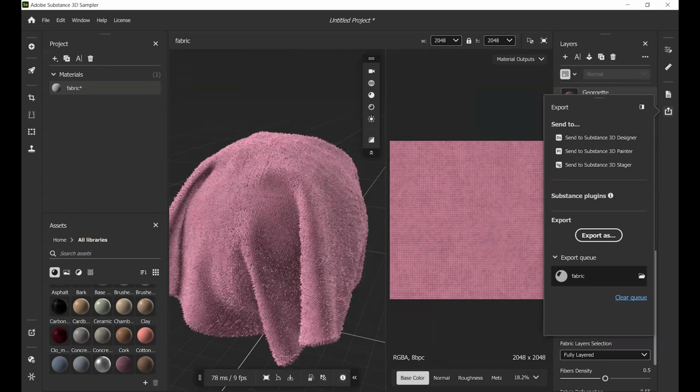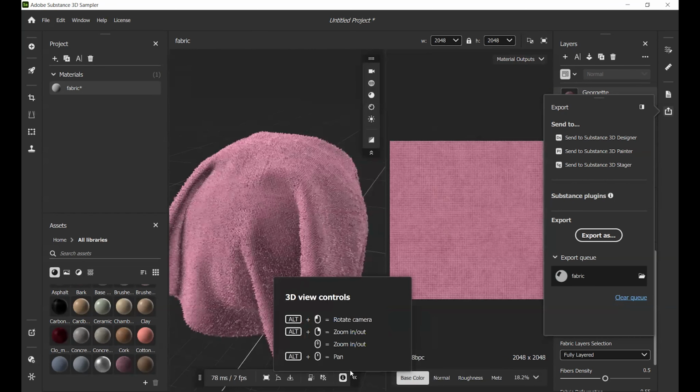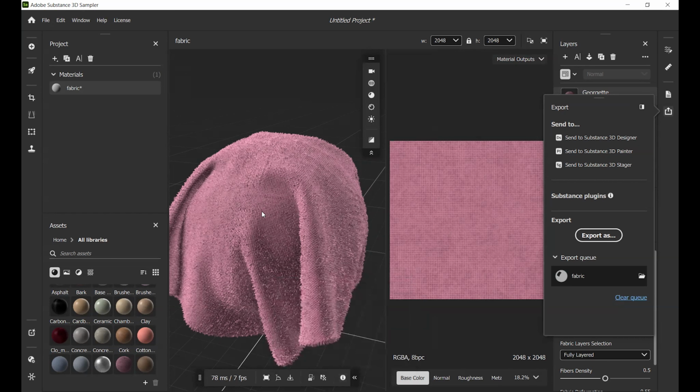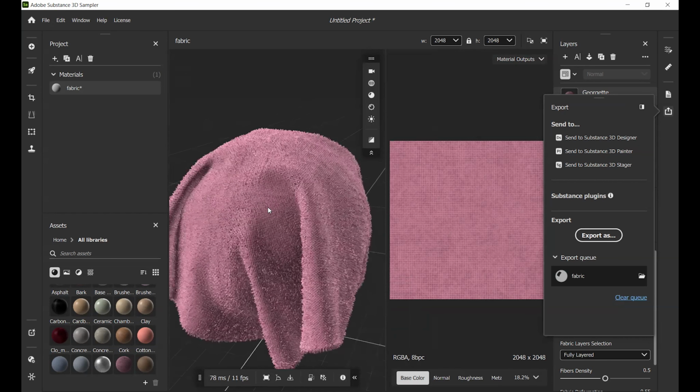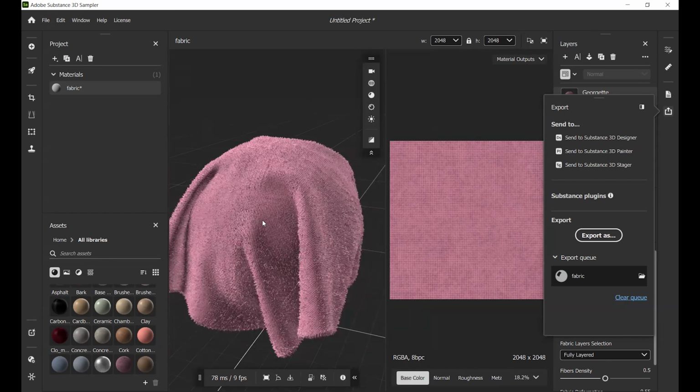So for navigation, you can find some shortcut keys here. Suppose you wanna zoom in and zoom out, for that you can use the mouse wheel. If you wanna rotate the camera, you can press and hold the Alt key and left click on your mouse.